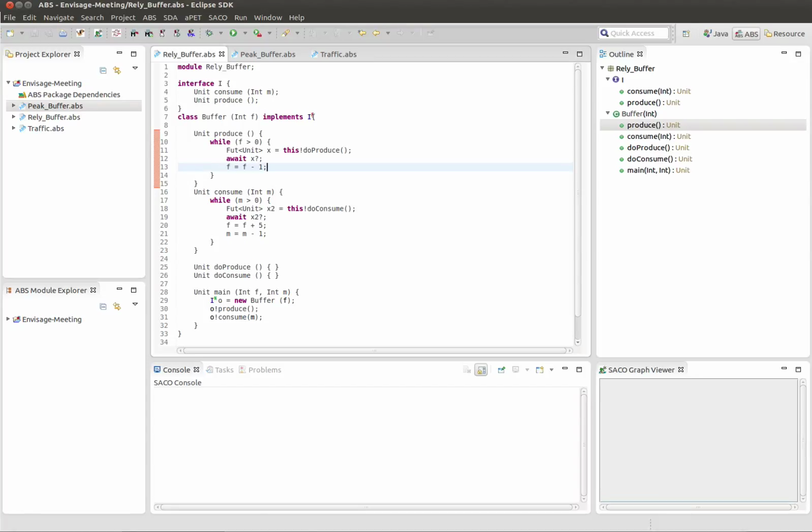Let us see the static analyzer SACO working. We have here a class Buffer implementing a buffer. It has a field f and two methods, produce and consume. In produce, we execute a loop while f > 0, where f is the field, and at each iteration we asynchronously invoke